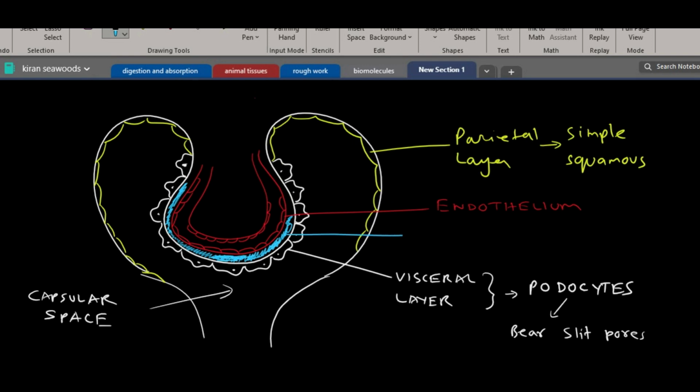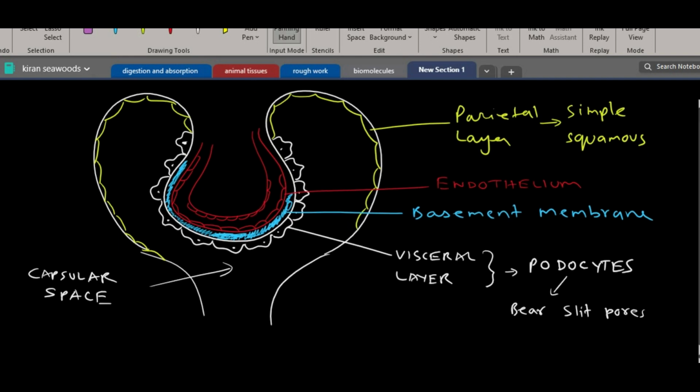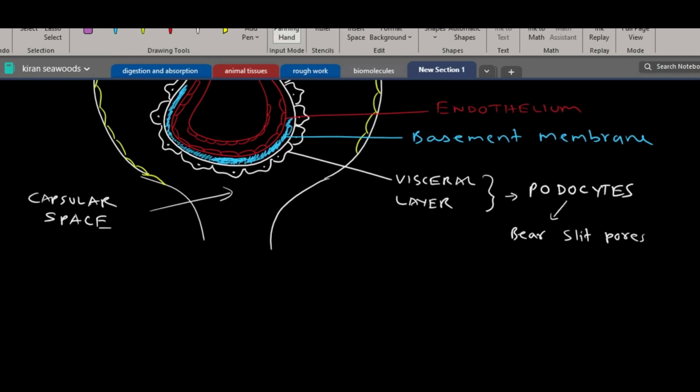This layer is the basement membrane. So endothelium, basement membrane, and visceral layer. I'm repeating once again